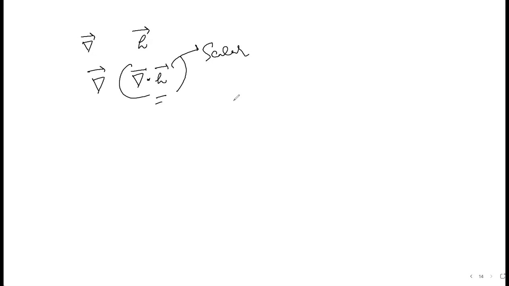A vector quantity, right? So you can do that. You can also combine grad and H in a cross fashion and take something like this. This will again be a vector quantity, right?